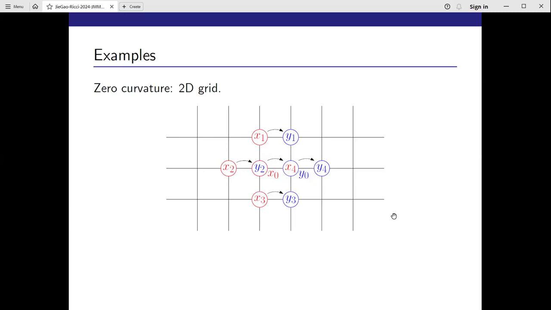Okay, so that is perfect because it matches with our intuition that if I have an infinite two-dimensional grid, it's flat everywhere, so I should have curvature 0 everywhere. Now,